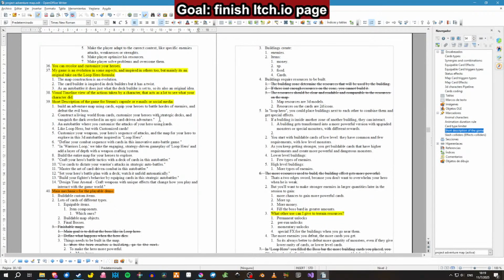Customize your heroes with strategic tech. And vanquish the Dark Overlord in an epic card-driven adventure. Build an adventure map using cards. Equip your heroes to battle hordes of enemies and defeat the evil boss. Okay, so